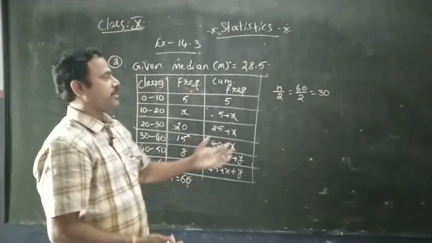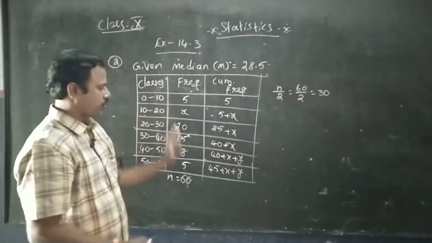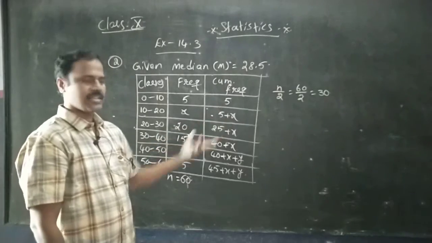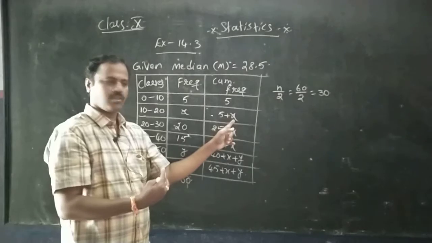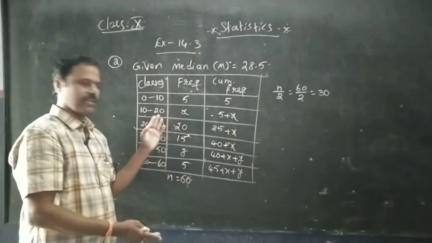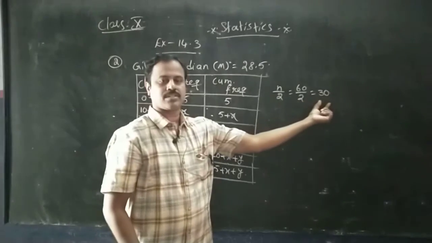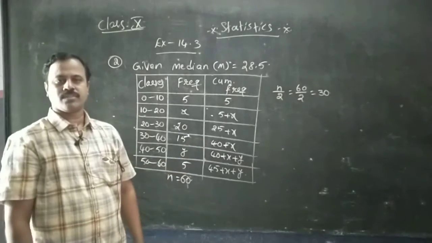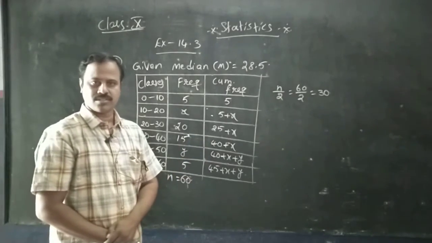Can you identify where we have 30? The 30th observation in the total class, isn't it? So 5 members are here. What about x? If x is less than 25, your value may be in the next class. If it is greater than 25, then your value will be here. So you can't decide where this 30th observation is present in the cumulative frequencies, so we cannot find the median class, isn't it?